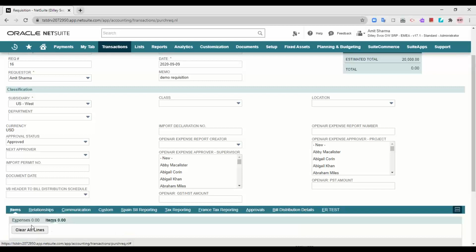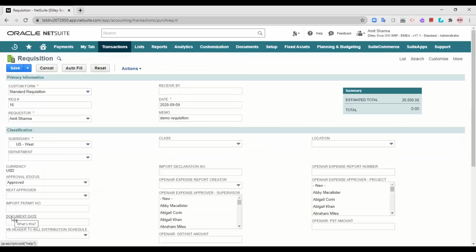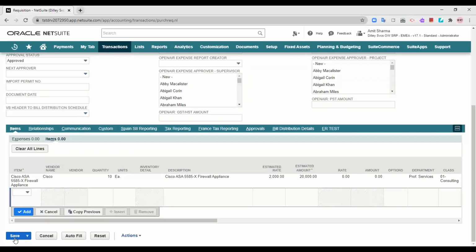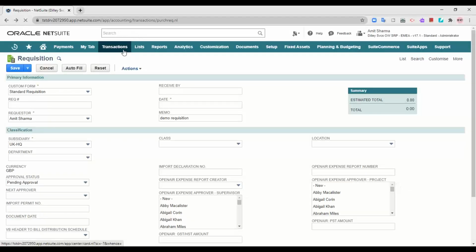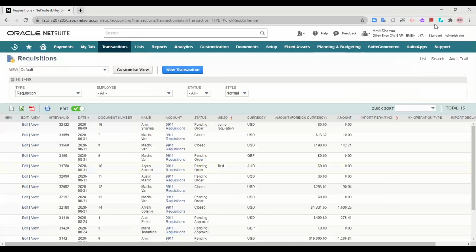If you would like, you can actually just provide over here. So this is all the important information I have actually provided, and now I'm going to save it. So as you can see into the requisitions list, this demo requisition was the memo that we have put.